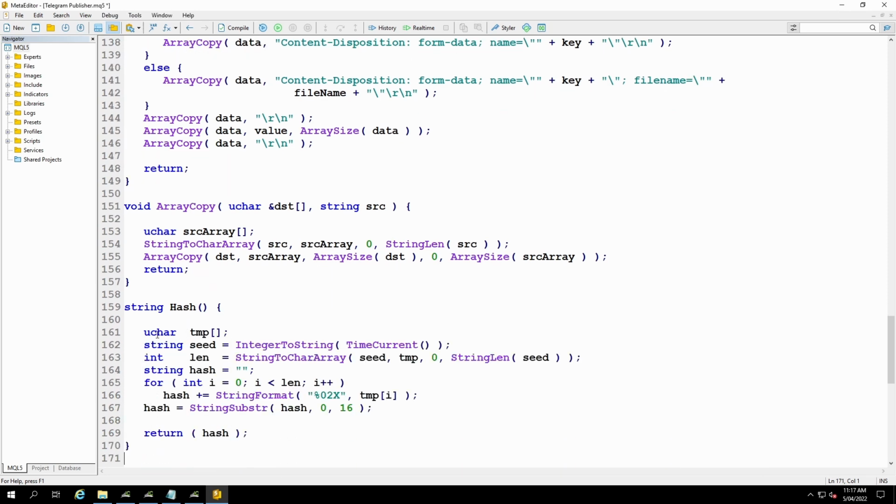I'm just declaring another uchar array temp that I'll be using for working space. I'm creating a seed value and I'm just using the current time. There's no secrecy to this. I just want to create something that's different each time. So I'm simply using the time current, converting that integer to string, and that gives me my seed string. I get the length, string to char array. So I'm converting that seed into this temp uchar, beginning at position 0 for the length of that seed,